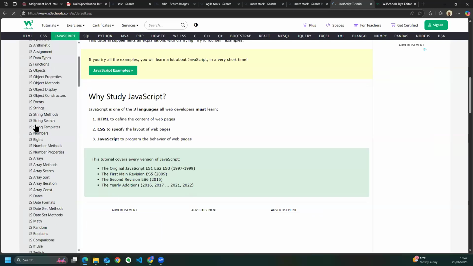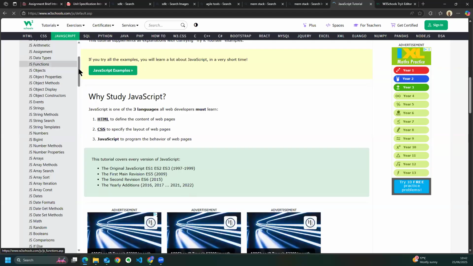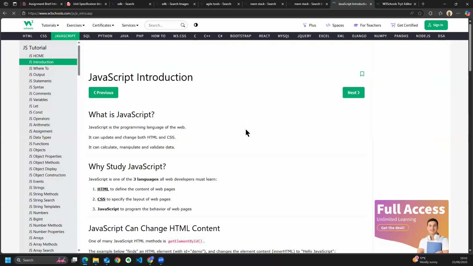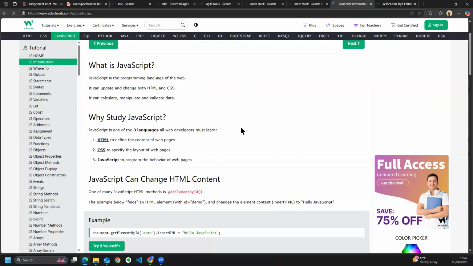JavaScript, again, is a programming language that works with an interpreter. It's a high-level programming language, where the difference between JavaScript and other languages, say for example Java, is